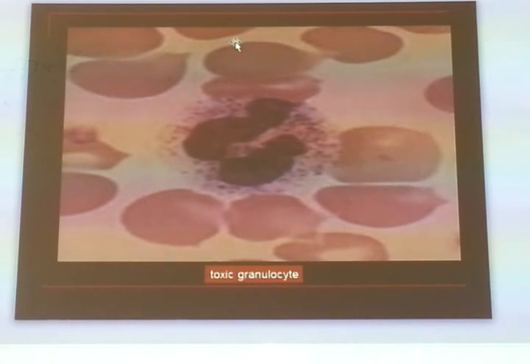Otherwise there are two lobes here. The granules are larger and thick in size. But the only difference from eosinophil is that these are pinkish blue, not like the red granules in eosinophil. Clear? So this is toxic